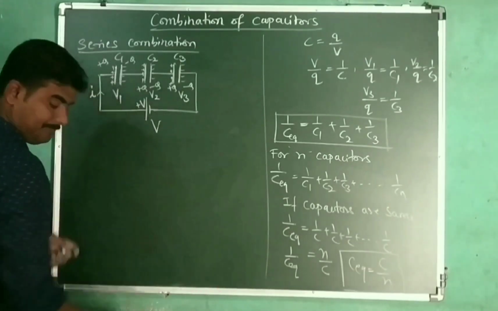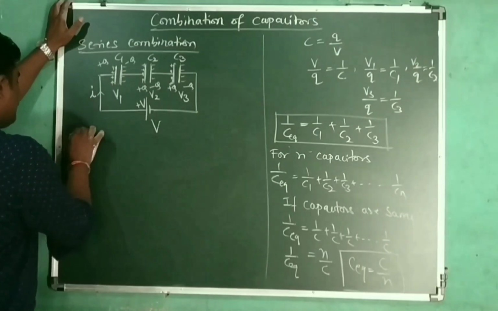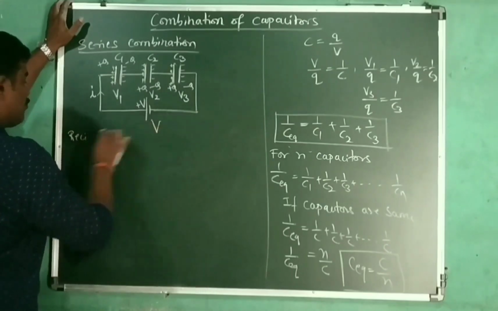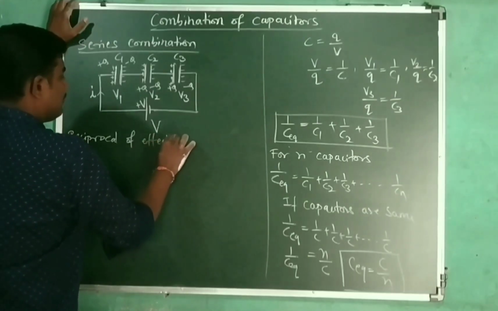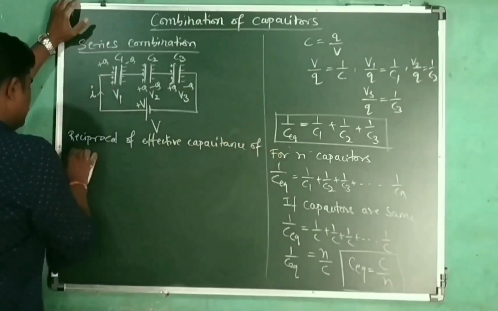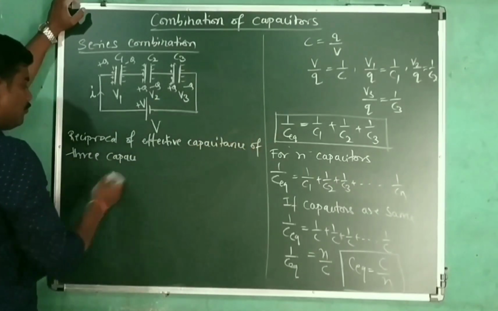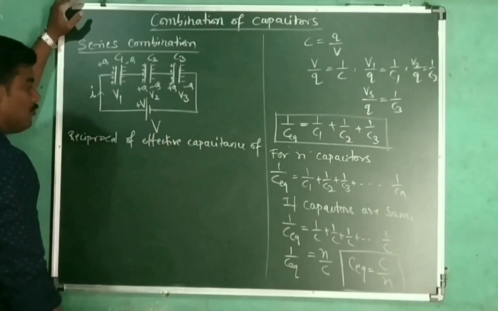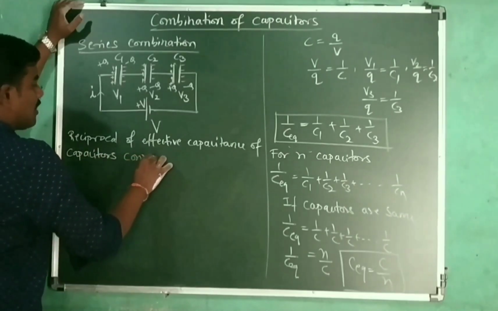So the definition: the reciprocal of equivalent capacitance or effective capacitance of 3 capacitors. Three capacitors are there, therefore I have used 3 capacitors. Or you can write the general definition also: the reciprocal of effective capacitance of capacitors connected in series